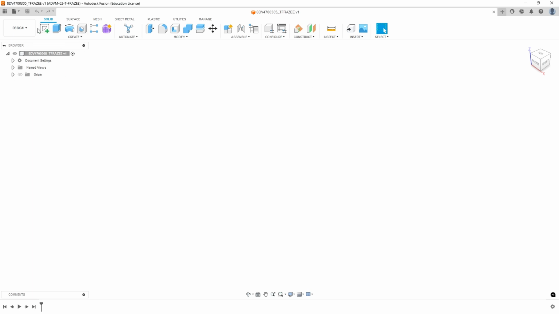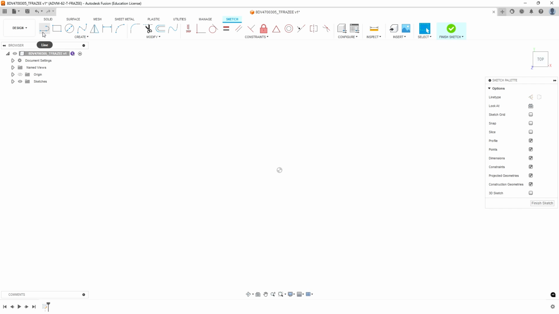Okay, so we're going to always start off in design space. We're making a solid model, and we are going to sketch. So we start with a sketch. The workflow is you create solids by using sketches. So we're going to select the sketch tool, and we're going to select the plane we want to draw that sketch upon. Now, if you're setting up a drawing, typically you select the front, and that becomes your primary view of what you will see on your drawing. If you are setting up for a lathe, typically you want the top, and that'll put the profile where it's conducive for turning. So we're going to go ahead and hit top,